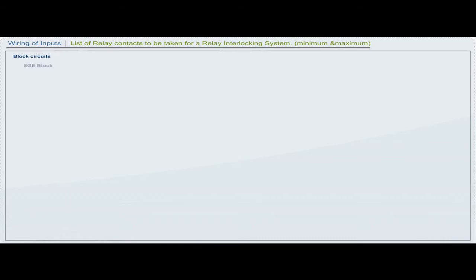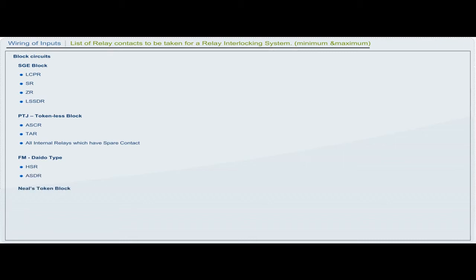block circuits, SGE block, LCPR, SR, ZR, LSSDR, PTJ tokenless block, ASCR, TAR, all internal relays which have spare contact, FM diode type, HSR, ASDR, Neale's token block, TGTR, LSSDR,